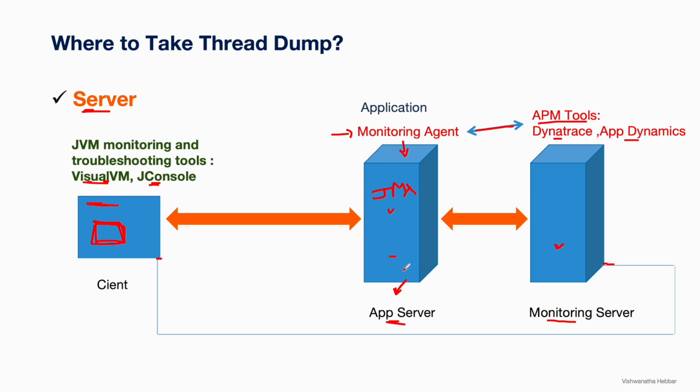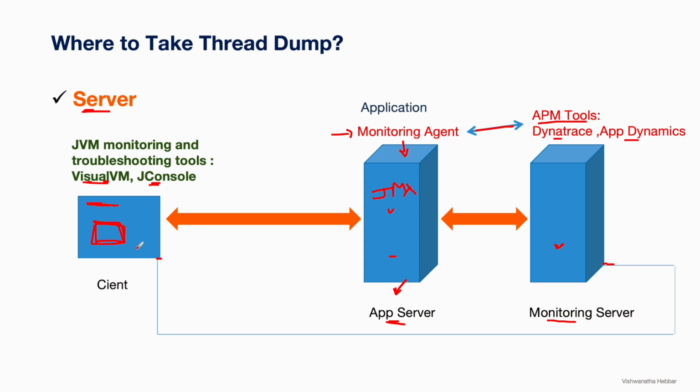We can also install the monitoring on the application server as well, but it will increase the load on the application server. So ideally, we should have a separate monitoring server so that the load on the application server will be less. This is the client machine where the user interacts with the performance monitoring tools such as AppDynamics and Dynatrace